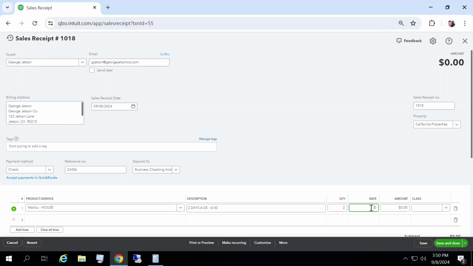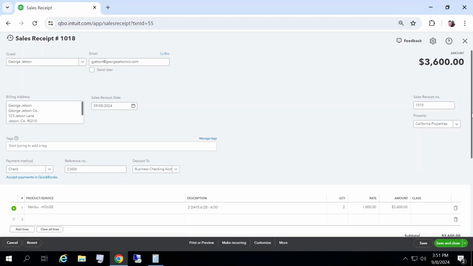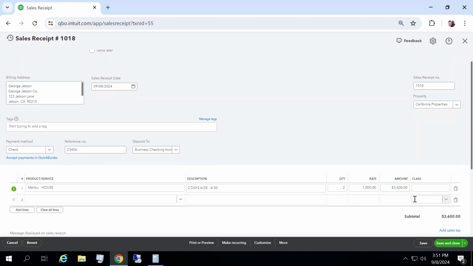So I want to update the rate for that to $1,800. And I would actually want to go edit that in my item list as well in case I use it for future transactions. So with a 2-night stay, that makes this total sales receipt $3,600 that we made on this